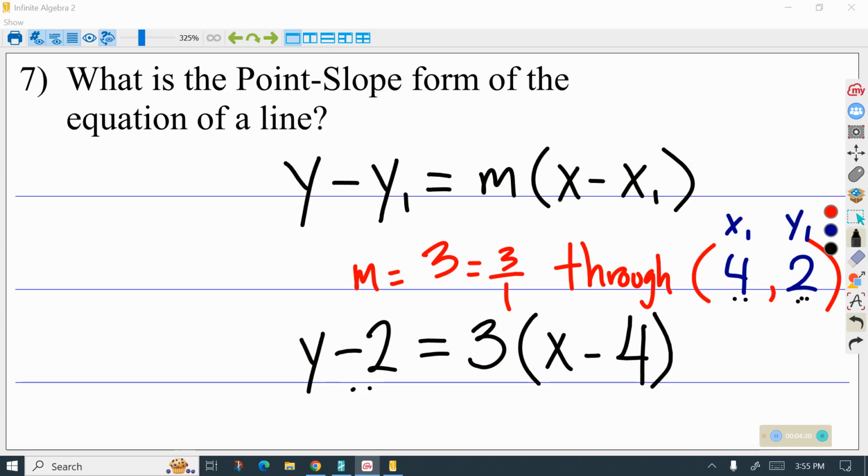All right, we have the point-slope form equation of a line that goes through this point, the point (4, 2), right, and has a slope of 3. Okay, so